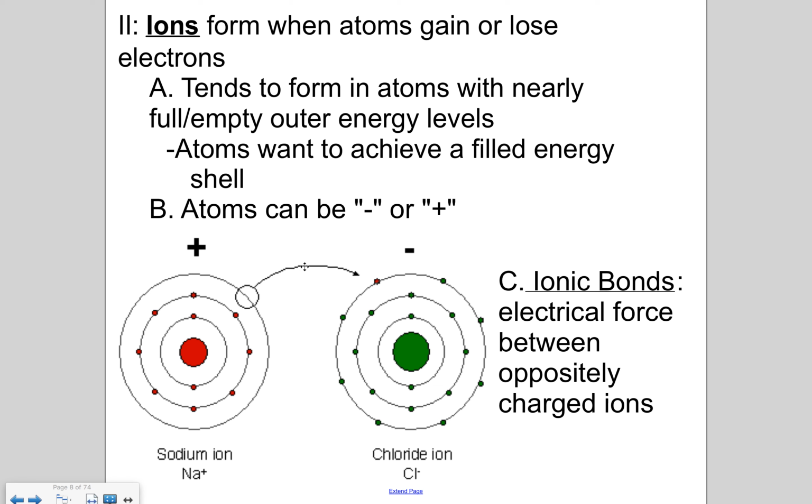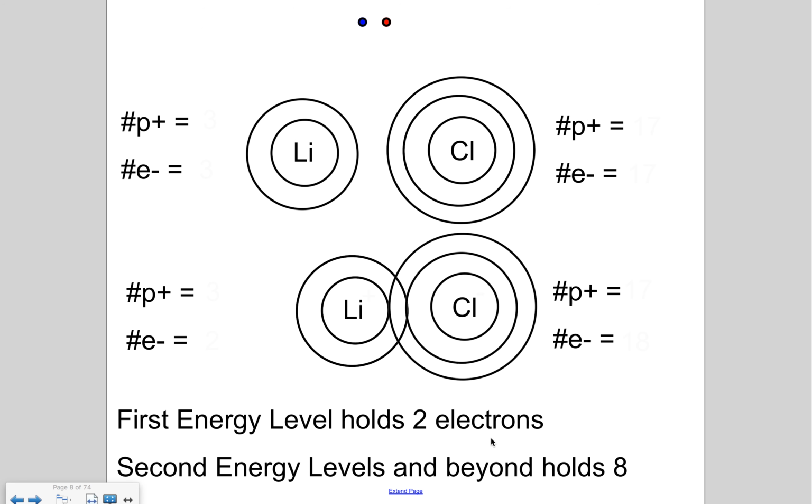Okay? So these are ions. These atoms have now become ions. They have charges because their protons and electrons do not match each other. They're not equal. When you transfer electrons over, you have created an ionic bond, an electrical force between oppositely charged ions. So I have this activity here looking at lithium and chlorine, where lithium, the number of protons is 3,